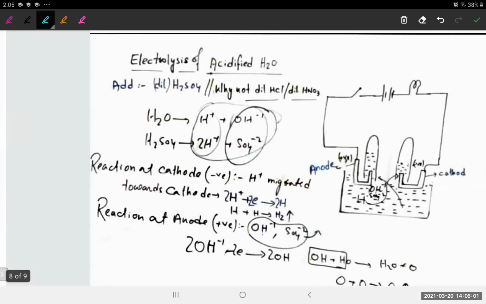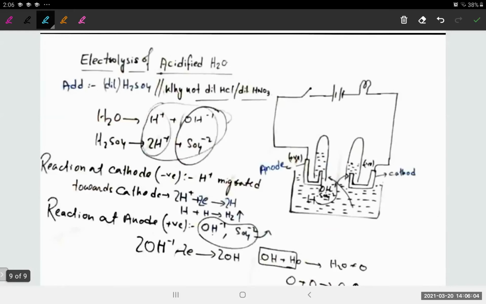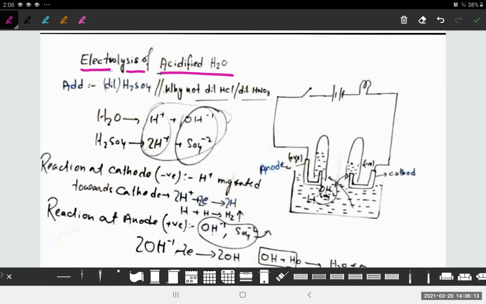This is the last topic for today, the electrolysis of acidified water. Very important. That's a new term to you, right? It means water is there as usual, but we have acidified it, meaning we have added some acid inside it. In a very small quantity, so it doesn't mean the whole water is now acid. It's a dilute acid now, because the amount of acid is less.